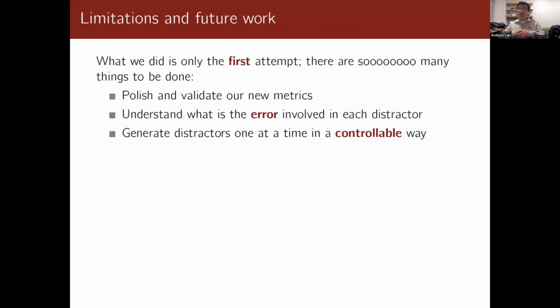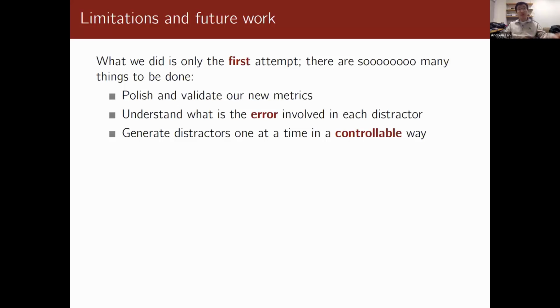All right, so I just want to wrap up and talk about the limitations of our work and possible directions of future work. I would need to emphasize that this is only the first attempt at this task, and there are so many things to be done. In our group, we're working on many of these different directions. First of all, we want to come up with a good metric for what is a good distractor and what is a good feedback message. Are there automated ways for us to evaluate these things? That would really help in terms of model development when we are developing these methods.